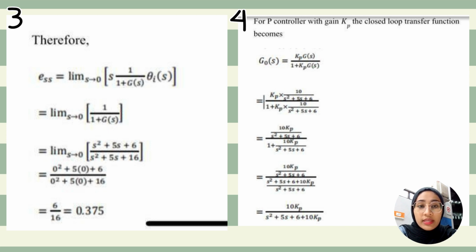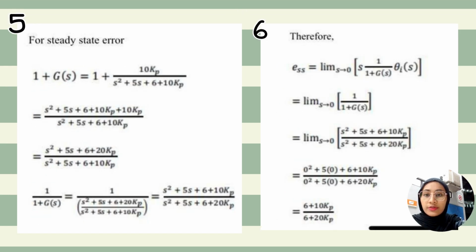For P controller with gain Kp, the closed loop transfer function becomes G0(s) equals Kp G(s) over 1 plus Kp G(s), and we solve the equation and finally we will get 10 Kp over s squared plus 5s plus 6 plus 10 Kp. Alright, so for steady state error, 1 plus G(s) equals 1 plus 10 Kp over s squared plus 5s plus 6 plus 10 Kp. So we solve this equation and finally we will get s squared plus 5s plus 6 plus 10 Kp over s squared plus 5s plus 6 plus